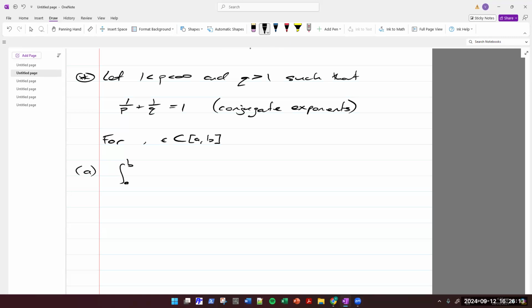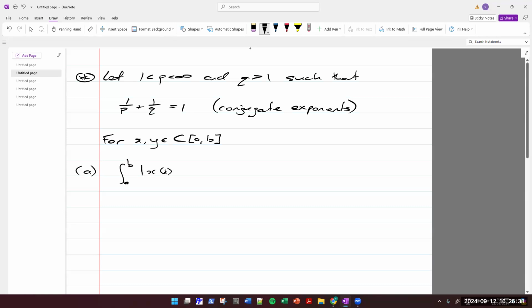Should I stick? Okay, yeah, let's stick to x and y. Right, so x and y. So remember again, if x and y belong to C of [a,b], x and y are functions. So x you could call it f, and y you could call g. But you need to remember x and y are functions. So the integral